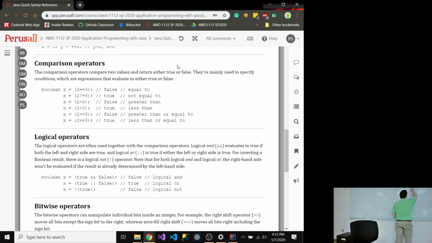Let's say I say string x is equal to new string, or actually let me do that way. So this is foo. String y is equal to